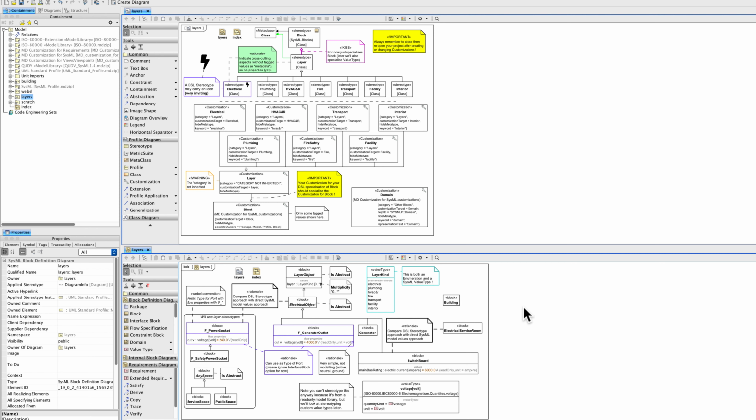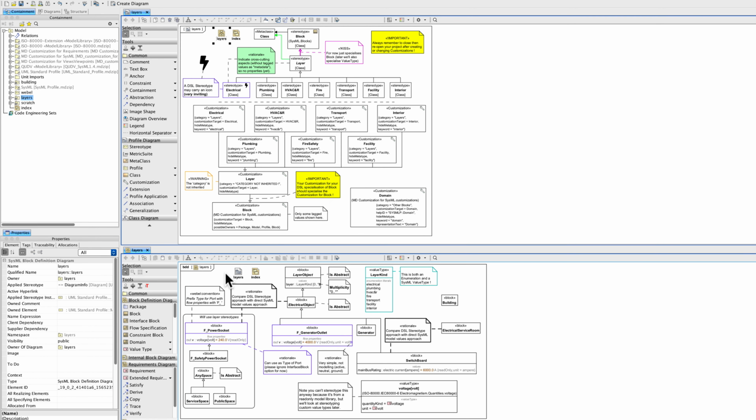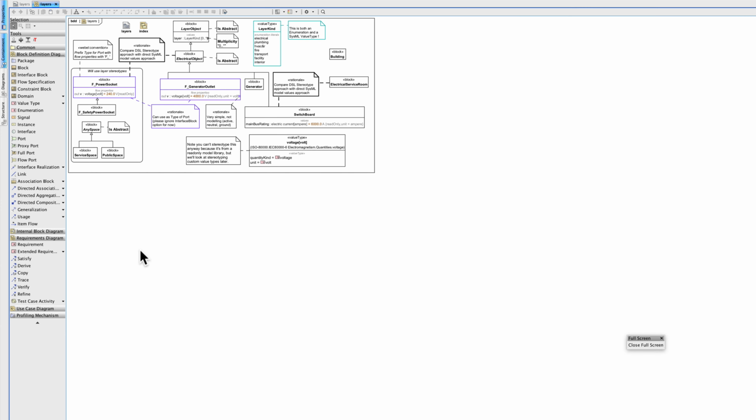Now let's look how we're going to apply them. You might have noticed that I have set up here nice navigation points to, in this case, a block definition diagram and an index page. The diagram is also, for convenience, down here. I have similar cross navigation set up there, so I can move back and forth between them. However, if you have the split pane approach, all you have to do is double click there